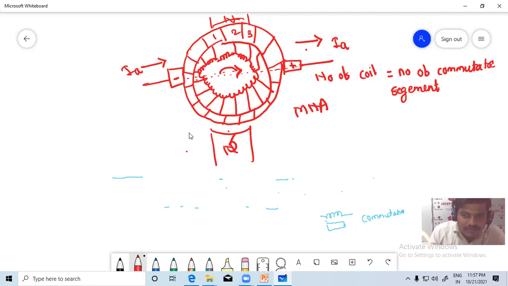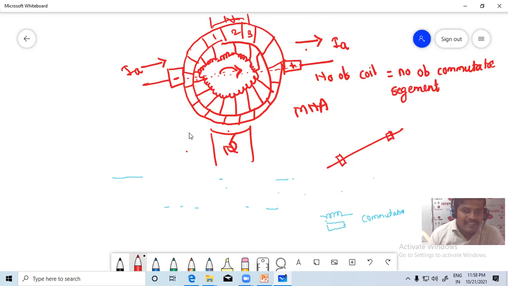Okay, because to achieve sparkless commutation, the brushes should always lie along the MNA. I have already told you this sentence. हे sentence मी तुम्हाला already सांगितलेले आहे. To achieve sparkless commutation, the brushes always lie along the MNA. म्हणजे MNA ज्या direction ला असेल, सपोज MNA या डिरेक्शनला असेल तर ब्रशेस पण ऑलवेज लाय अलॉंग विथ MNA. That means either we can call it the brush axis, or the magnetic neutral axis. So it is along the magnetic neutral axis.